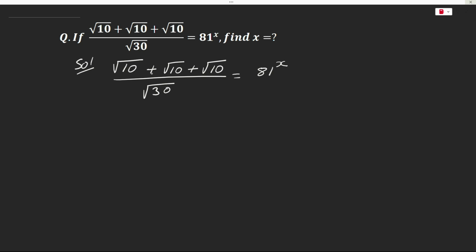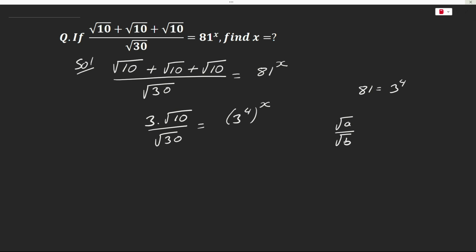Now √10 + √10 + √10 can be written as 3 times √10, divided by √30. Now 81 can be written as 3 raised to the power 4, so we can write 81^x as (3^4)^x. Now we also know that √a/√b equals √(a/b), so we can write this as